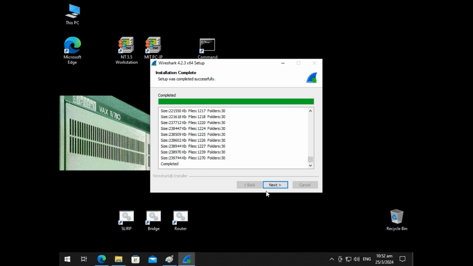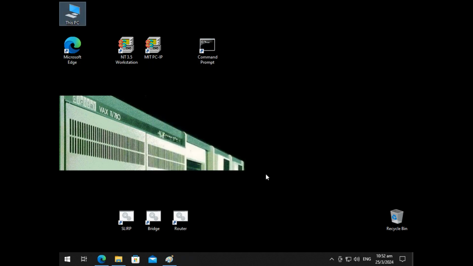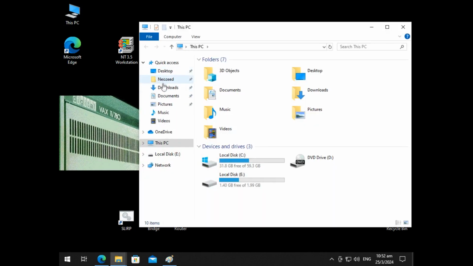Okay, so with that installed, we can just go ahead and click next to finish this part. And we have our Wireshark installed. Great. Now, the next thing I guess to look at was in the